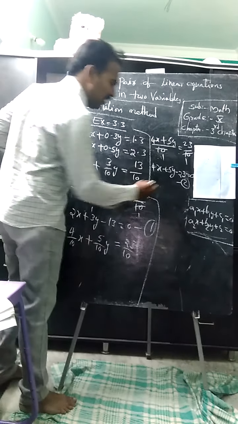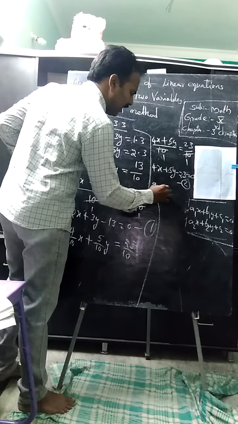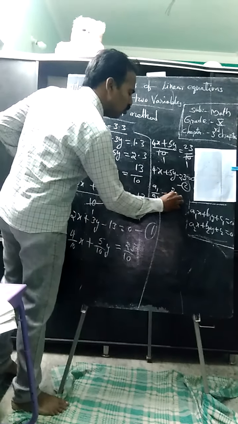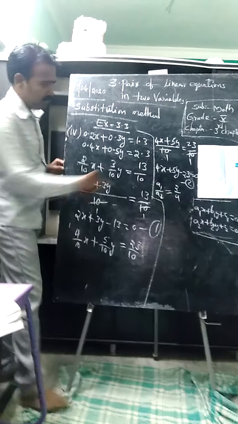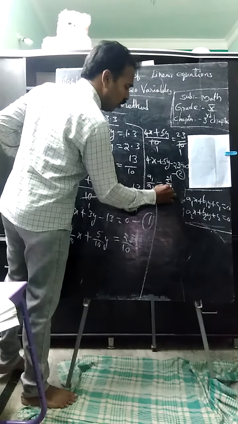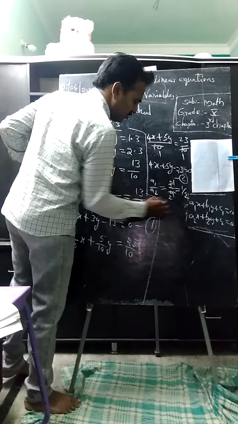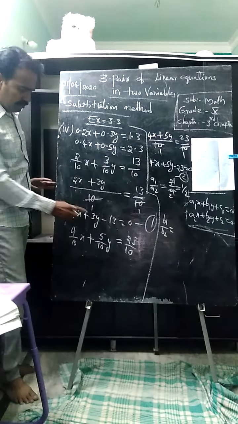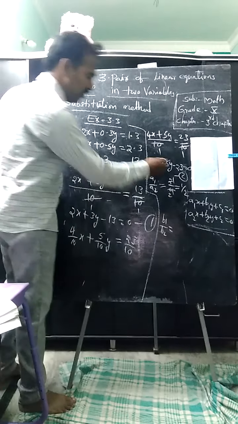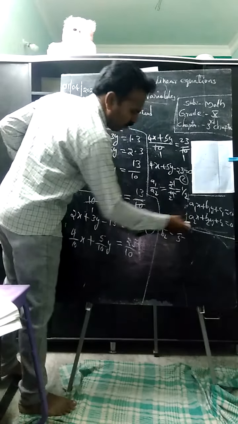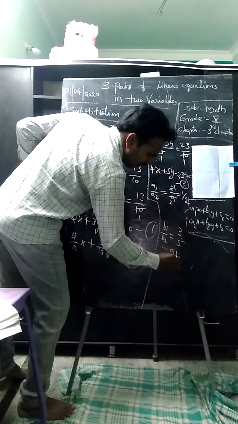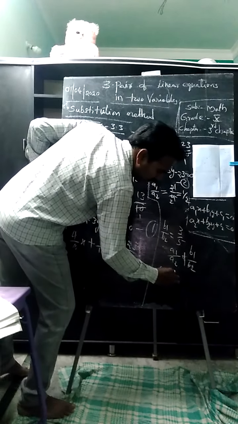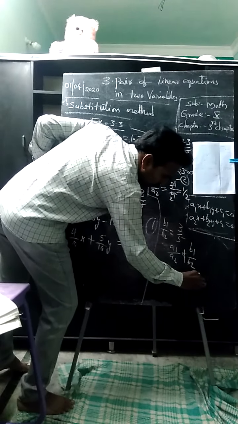Check whether they have a unique solution or not. Find a1 by a2. Equation 1, equation 2. We have 2 by 4. Here the x coefficient is 2, here the x coefficient is 4. Write in lowest form if they are not co-primes. A1 by A2 is, friends? Yes, 1 by 2. Again B1 by B2: here we have y coefficient 3, here we have 5. So 3 by 5 is already co-primes. Therefore, A1 by A2 not equal to B1 by B2. Unique solution. So we can apply